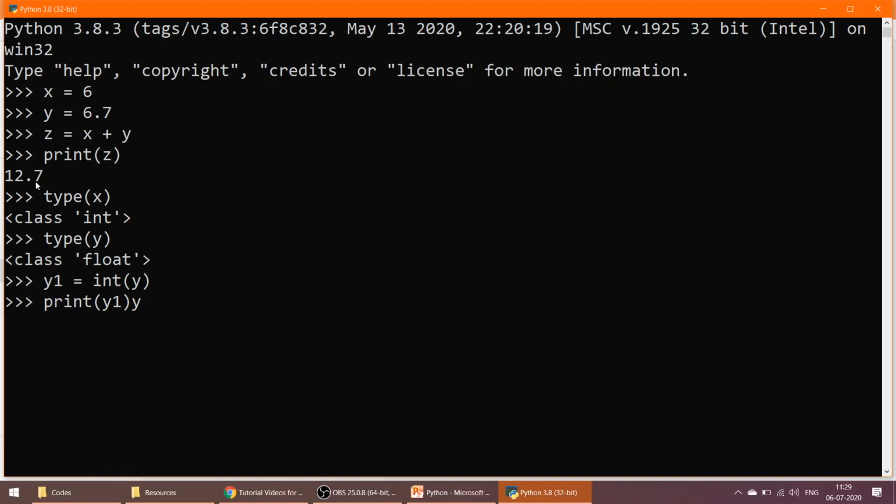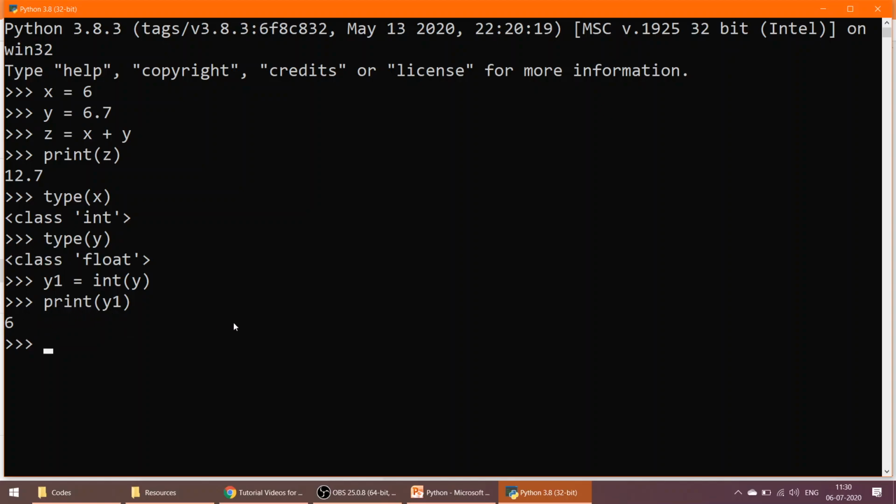The value I am getting is 6. So if I pass a floating value, that is y, whose value is 6.7, through this int function, then the result is an integer value. The float type has been converted into the int type, and the result I am getting is 6.